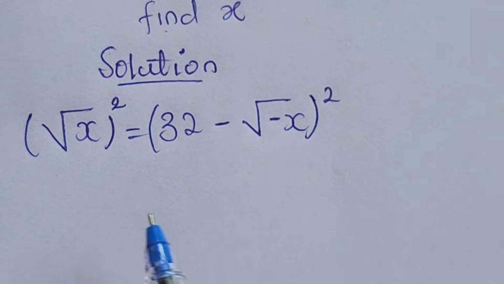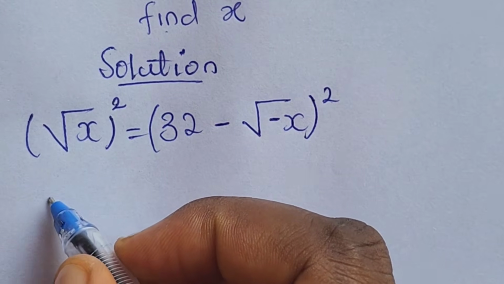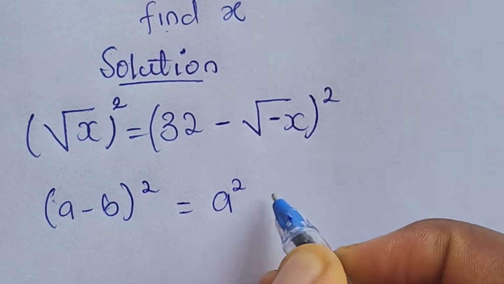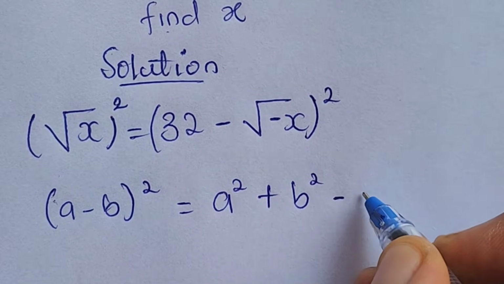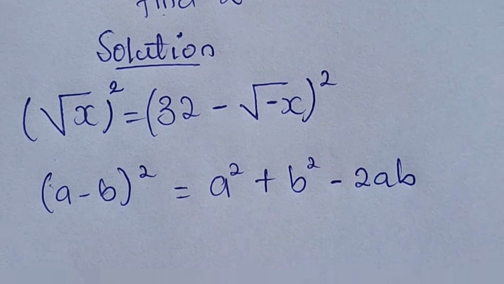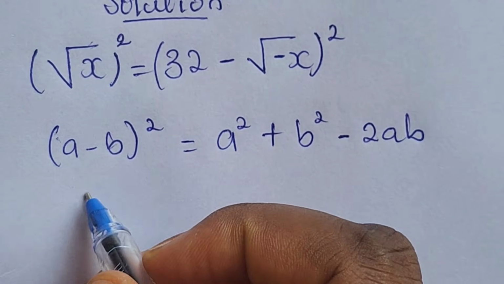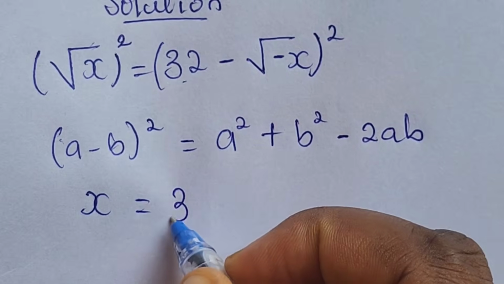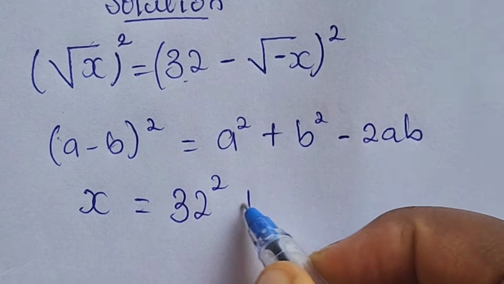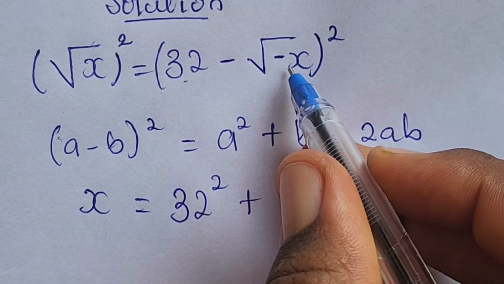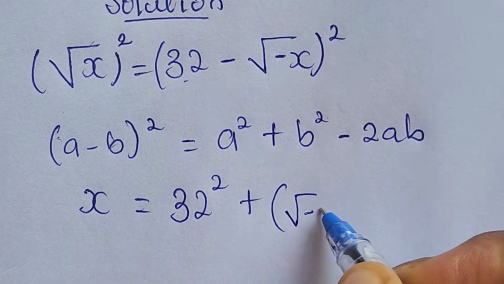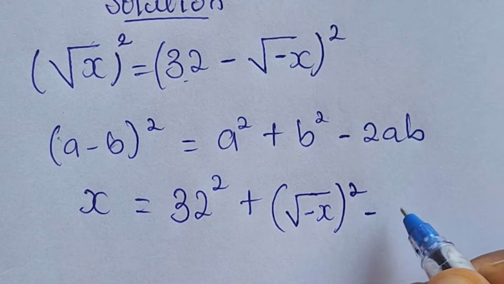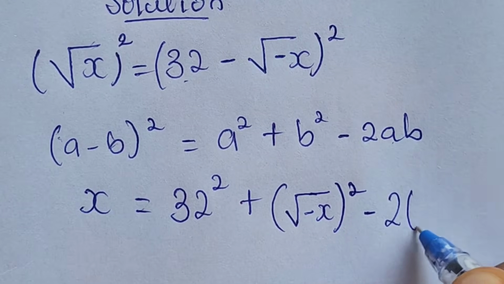When we square both sides, let's recall that (a minus b) all squared is equal to a squared plus b squared minus 2ab. So from here, this will cancel out this. We have x to be equal to, our 32 is a, so we have 32 squared, plus b, our b is root minus x, so we have root minus x all squared. We have minus 2 times 32